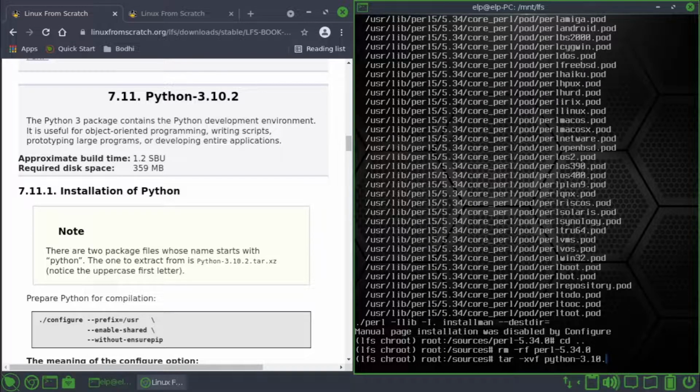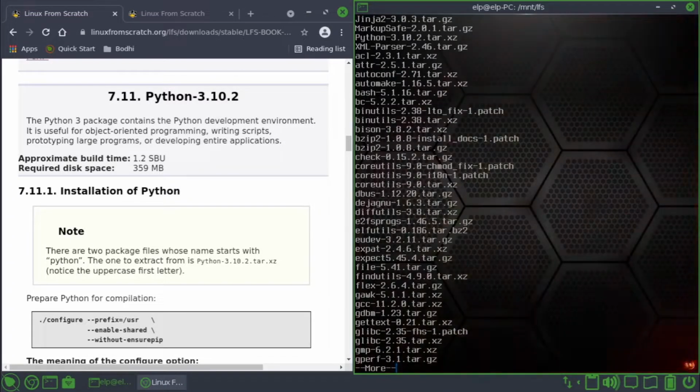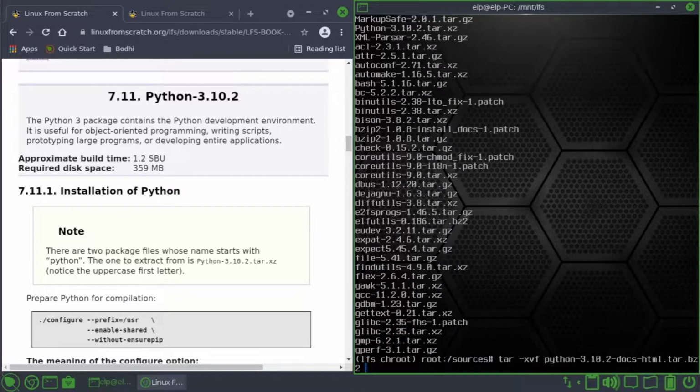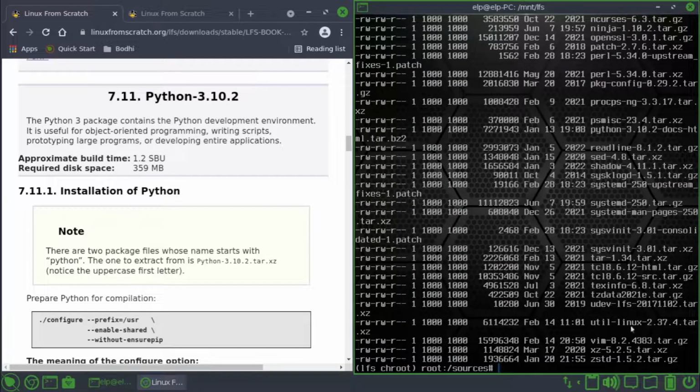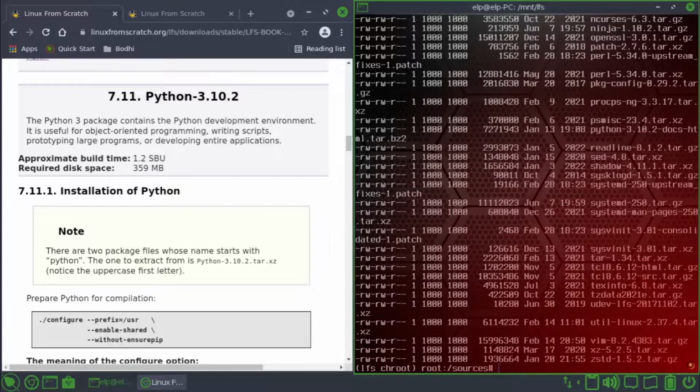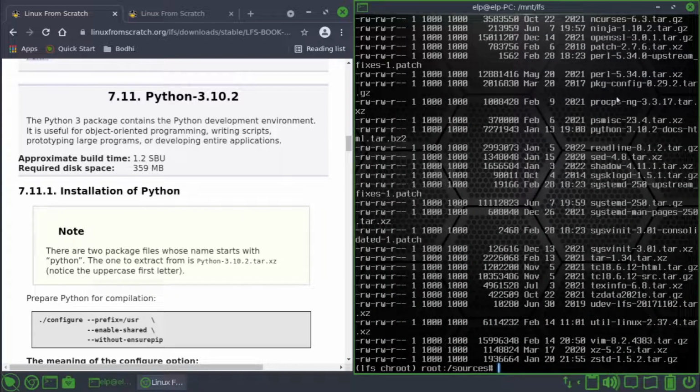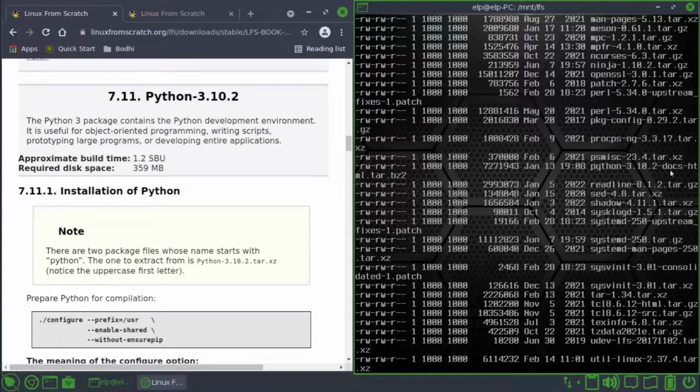Why do we have docs? Let's see where the Python is. Okay, that's fine. Let's do an ls. Okay, Perl, Python,